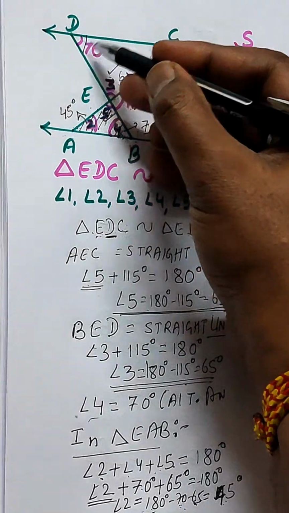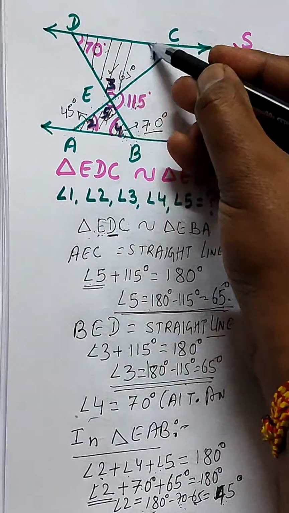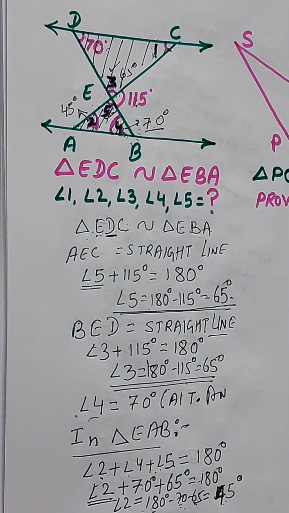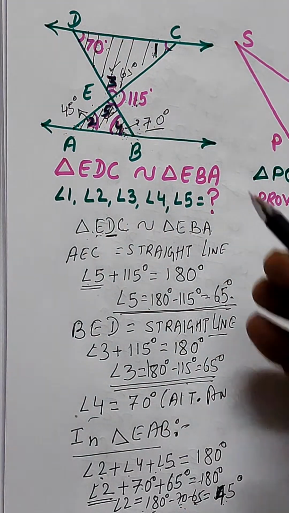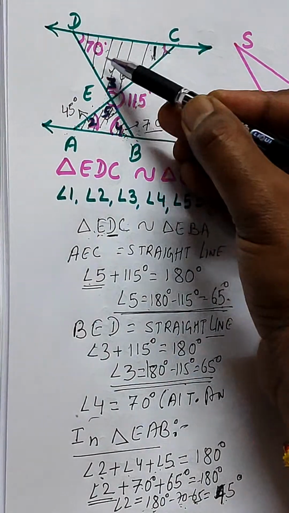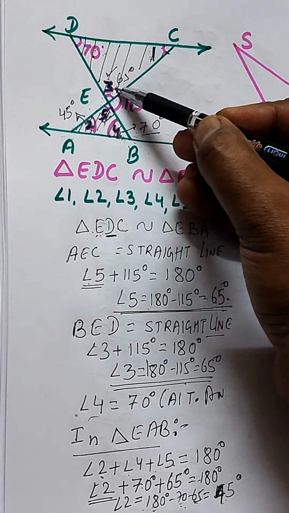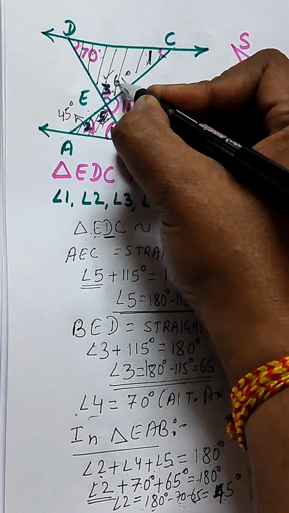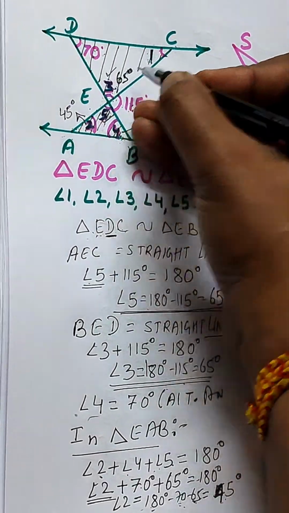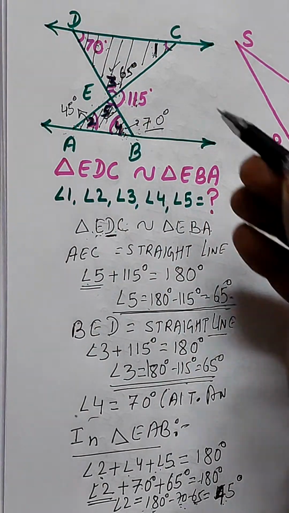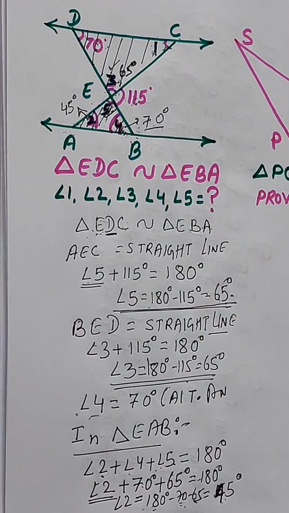So just go into this triangle EDC. In triangle EDC, this angle will be equal to 180 minus 70 minus this. So the value of this is 65 degree, right? So angle C is calculated as,